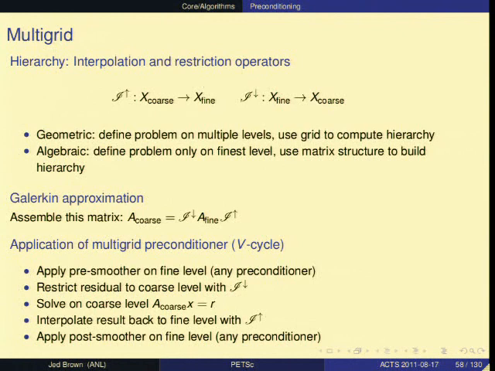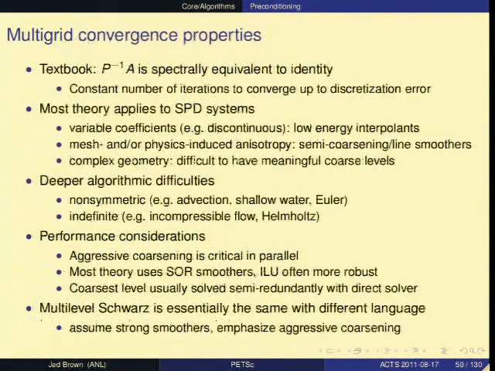And then you can use any preconditioner as the pre-smoother on some level. You go to the coarse level, you solve maybe approximately there, maybe recursively by multigrid, and then you bring it back to the fine level and apply a post-smoother. And there are variants of these methods. So textbook multigrid convergence is where you get down to the discretization error in the method in a constant number of iterations, and typically a very small number, like on one hand.